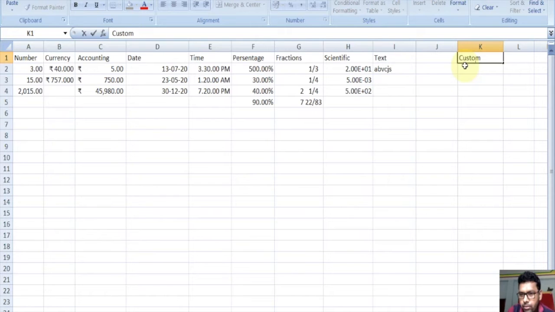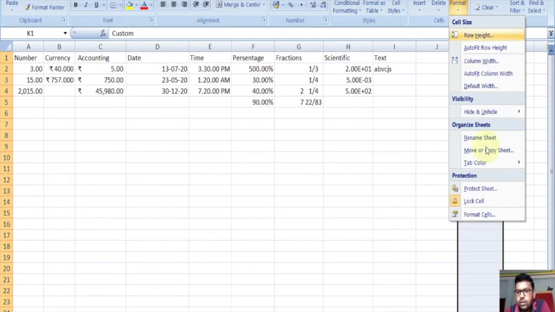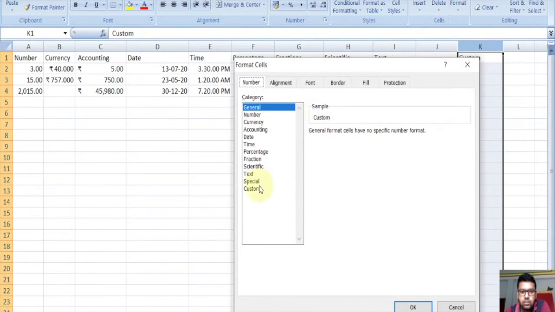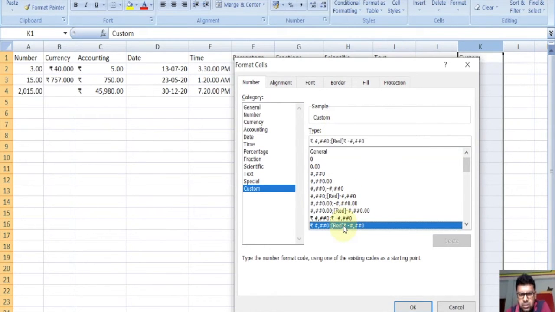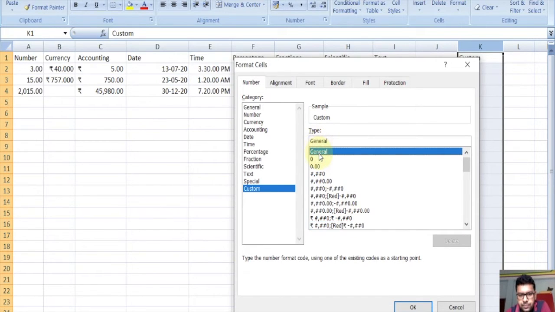In custom format we can create our own formats. Format cell, we can create our own format here. Suppose we want to create a format here. We click on general and we can create our format.